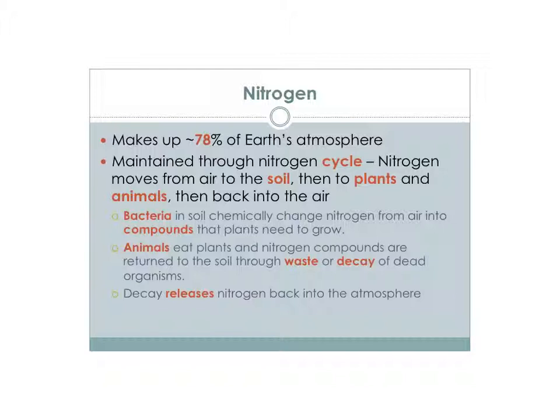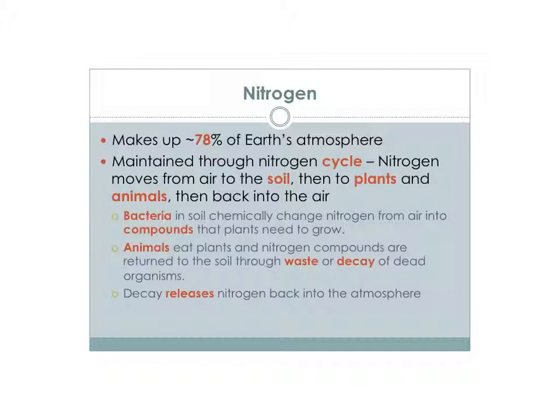So nitrogen, we just said, makes up about 78% of the Earth's atmosphere, and it's maintained through the nitrogen cycle. You may have heard about this back in life science. Nitrogen moves from air to the soil, and then plants and animals retrieve it, and then it goes back into the air. So how that works is that bacteria in the soil will chemically change the nitrogen molecule from the air into a compound combined with other types of elements that plants actually are going to use in order to